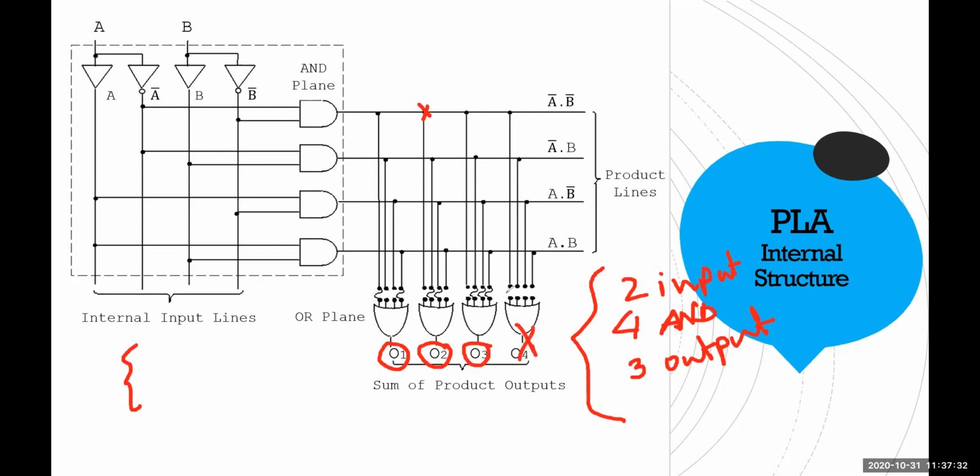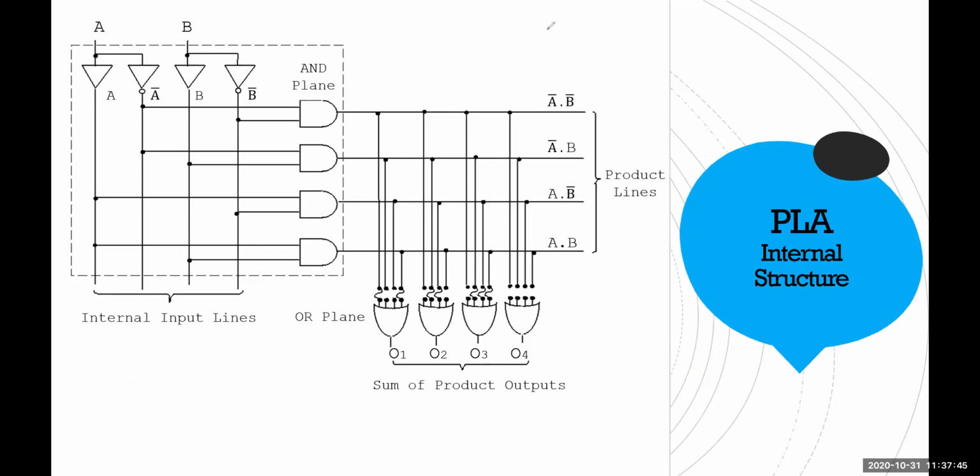So we actually blow all the fuses. That means it is inactive now. Got my point? It is inactive. So you can actually do the whole operation inside one IC. So this is the work of PLA. Understood, everyone? Yes, sir. Okay. Let's do one example. Then we will finish today's work.